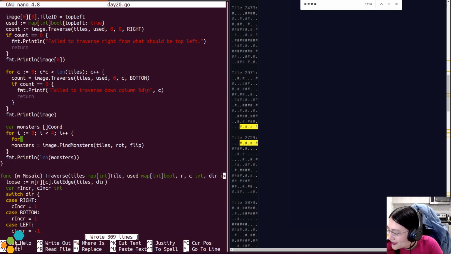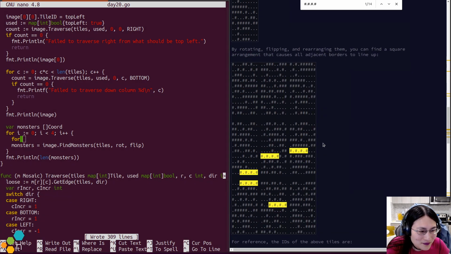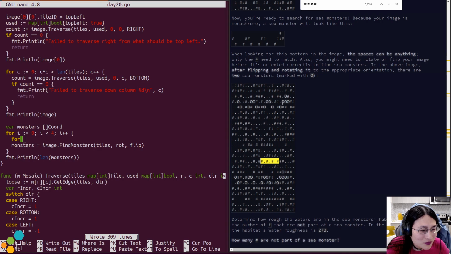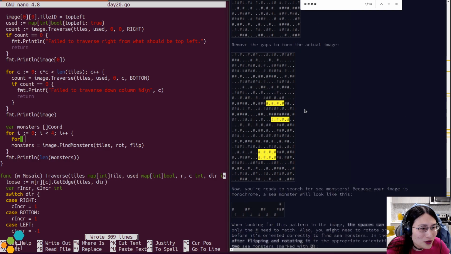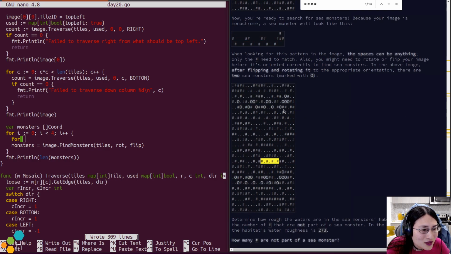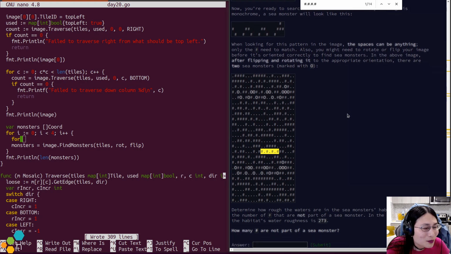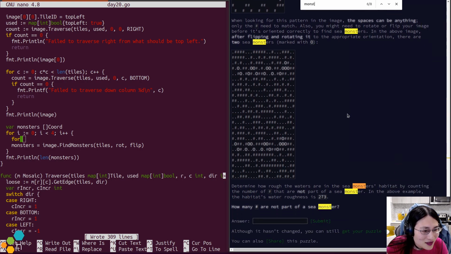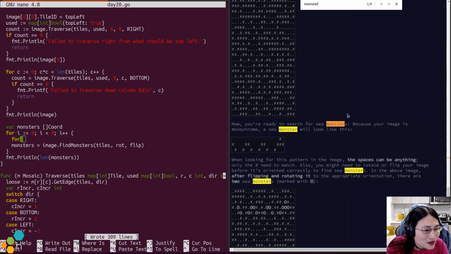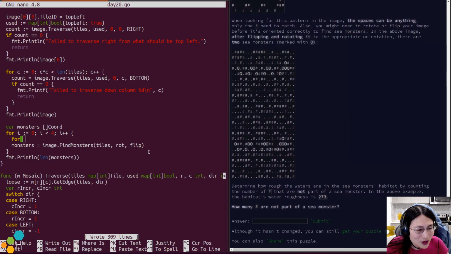Yeah. If I rotate and flip the monster, then I don't need to do anything else to the matrix, and it doesn't really matter what the actual rotation is because I just need the count of total number of tiles, and then everything that's not. Yeah, there are 2 sea monsters that are marked with O's. That's one. That's the other. Does it say that the monsters could overlap? Pretty sure that the sea monsters do not overlap.